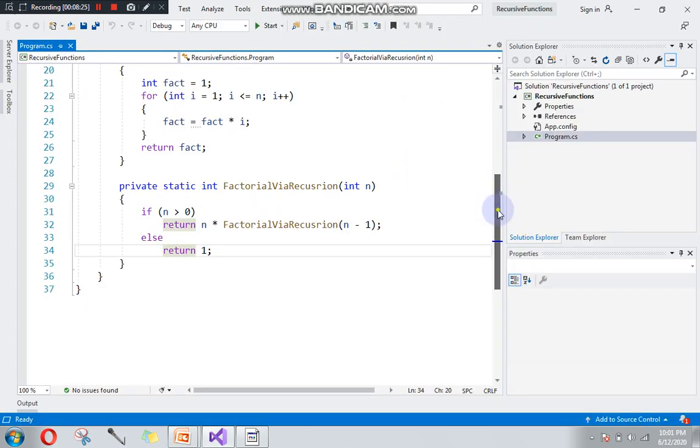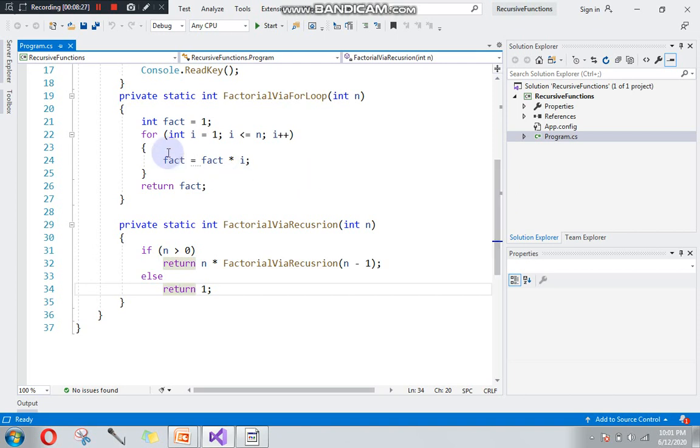If you see both methods, the for loop is a simple approach with simple logic. When we write a recursive method, even if it looks like two lines, it's a little complicated, because if we don't handle the exit condition it can go into an infinite loop.